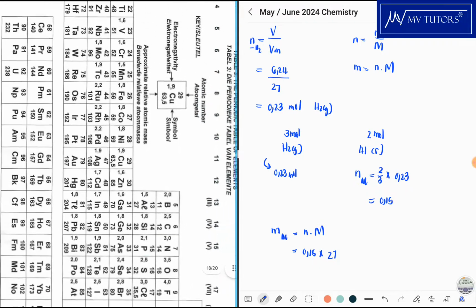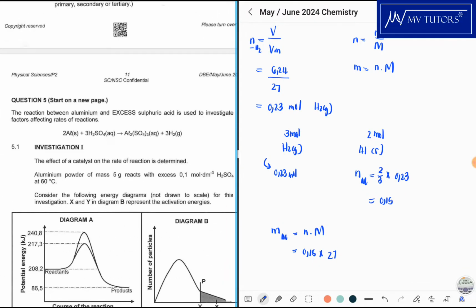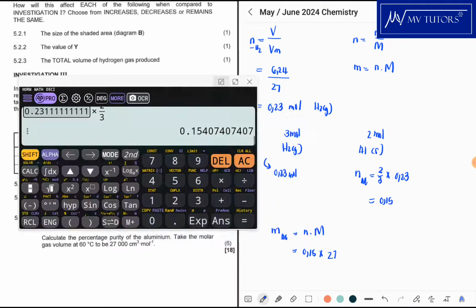So we can go back and finish this calculation. We have that multiplied by 27 and we get 4,16